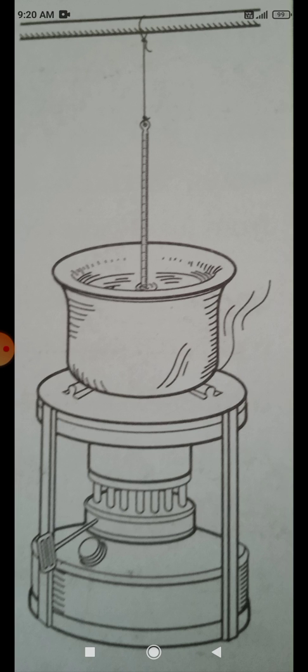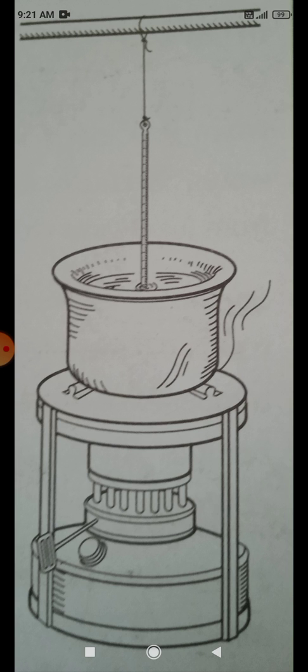have to place the vessel on a stove. Fix the thermometer as shown in the picture. First you note down the temperature of the water before heating. After that you start to heat that vessel. So now the heat energy is produced, right? So the temperature of the water increases. That also you note down. From the thermometer we can see there is an increase in temperature.